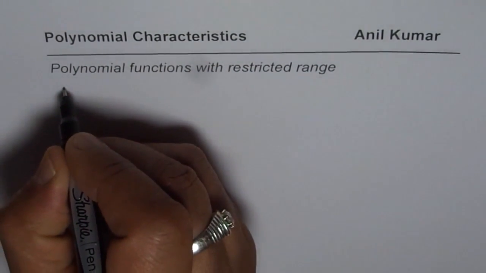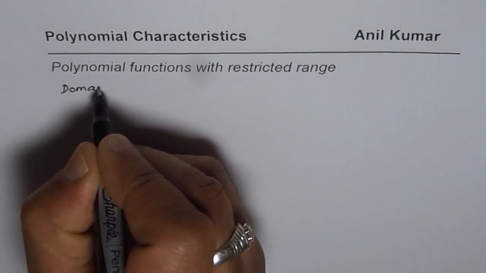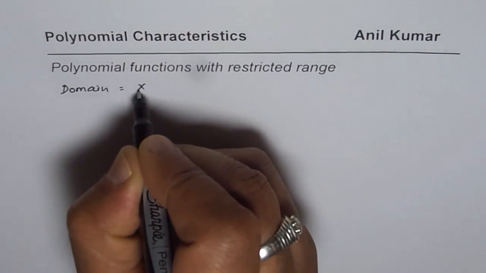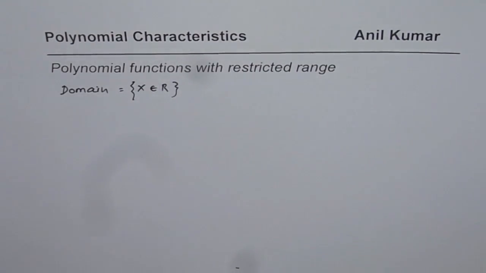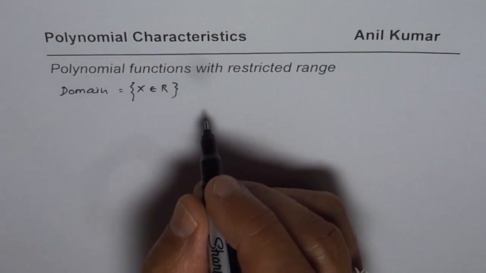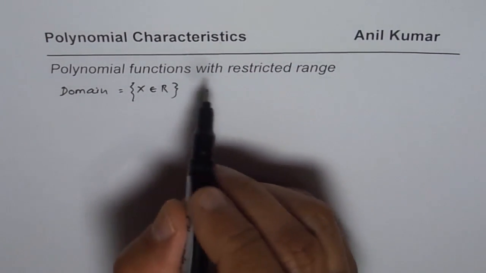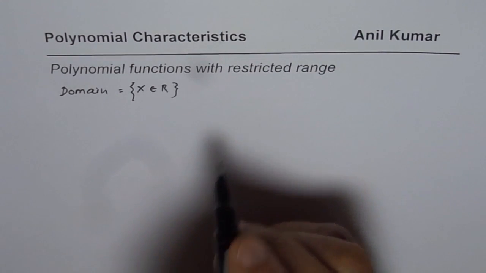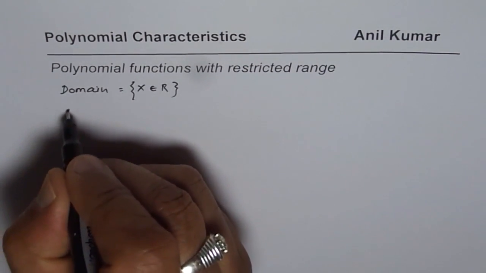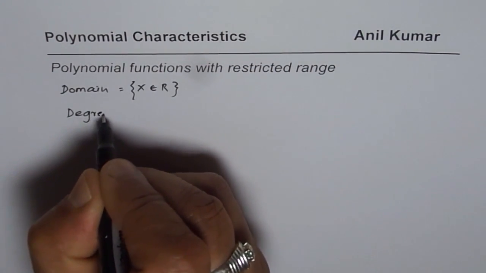Normally, what is the domain of a polynomial? The domain is x belongs to real numbers. Polynomials do not have any restrictions on their domain. However, there are polynomials which can have restrictions in range. Which ones are those? Well, if the degree is odd,